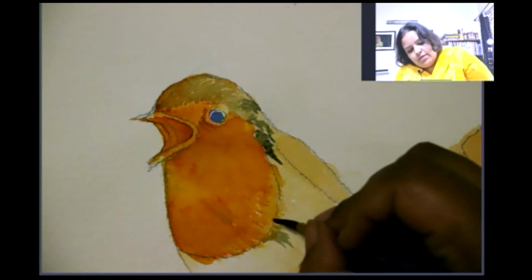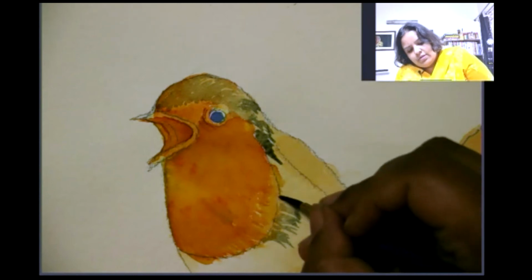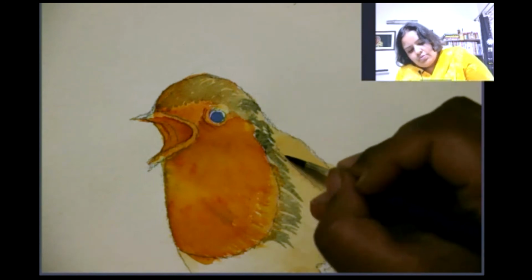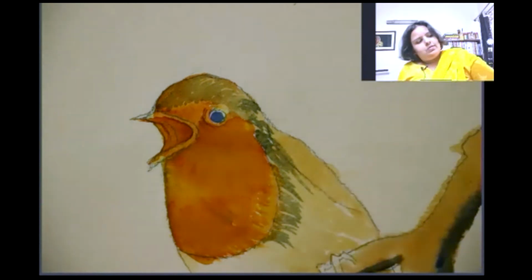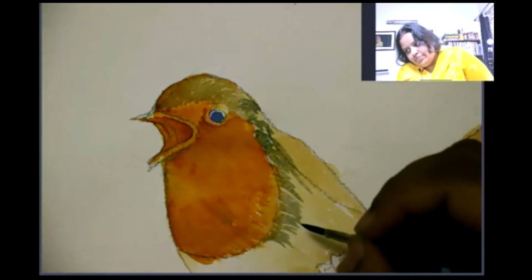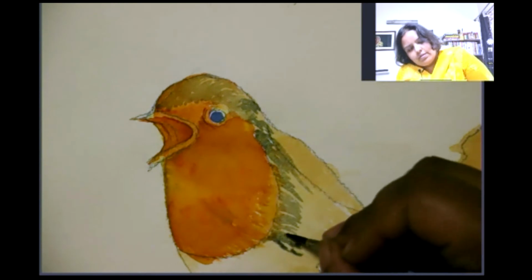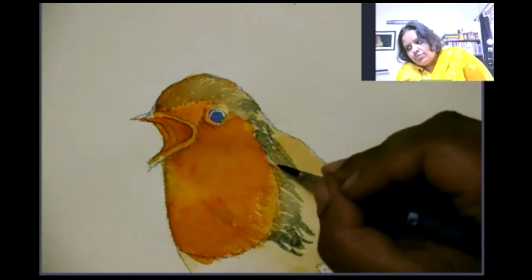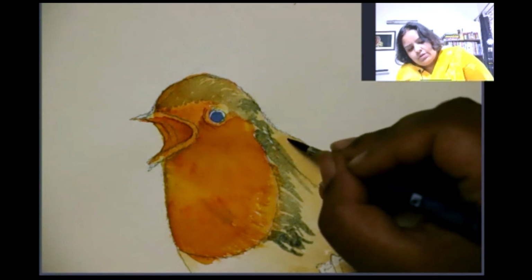There are very thin feathers. I am not trying to make all the feathers, but I'm still trying to go in the direction of the feathers.